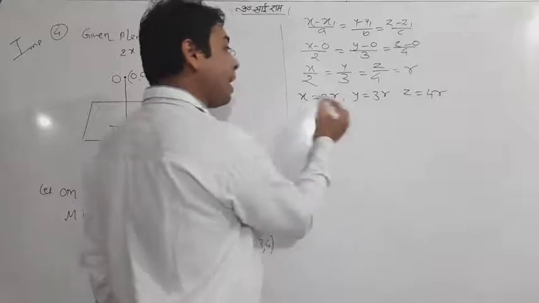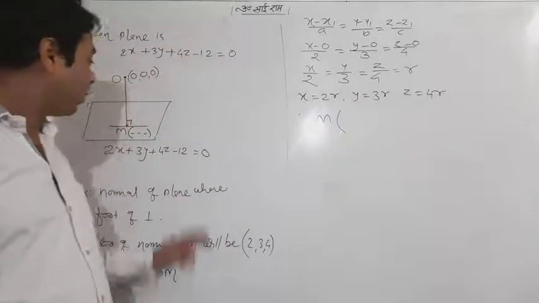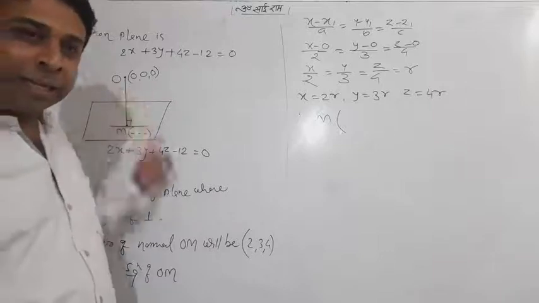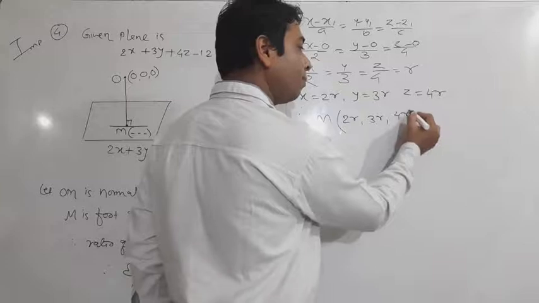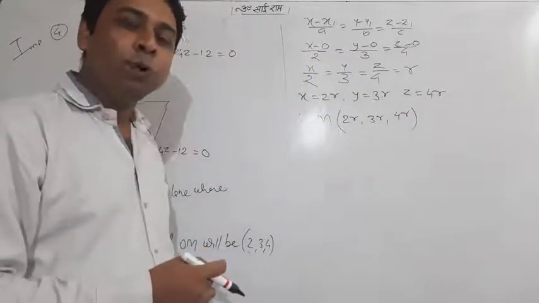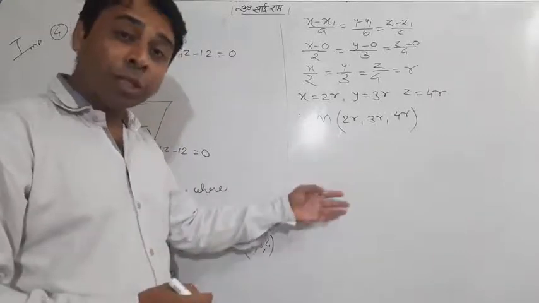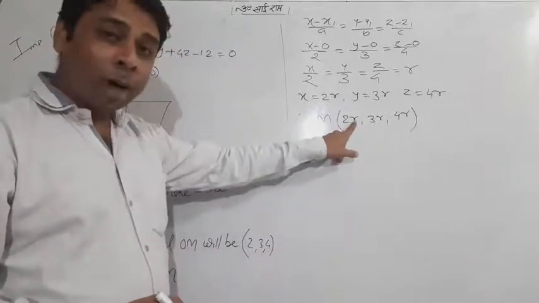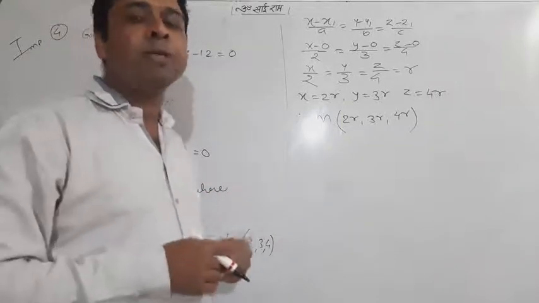And can you say it's x, y, z, it's what? Any point on the line. Which is the required point? M, which is any point on the line. So can we say M is (2r, 3r, 4r)? Now you have got M, what do you need? You want the foot of perpendicular, M, already got it. But the question is, the small r value is not with us. So focus on how we can find the value of r.